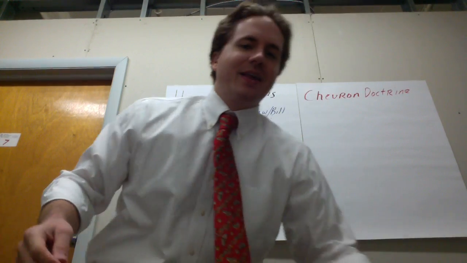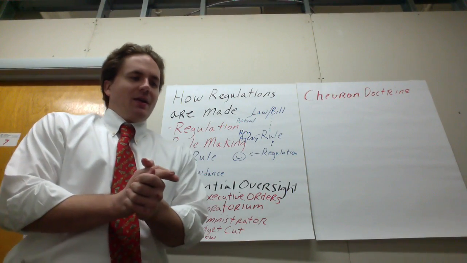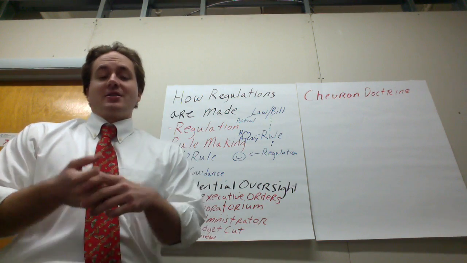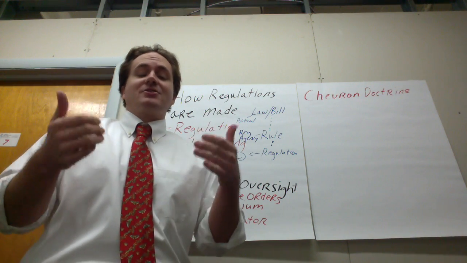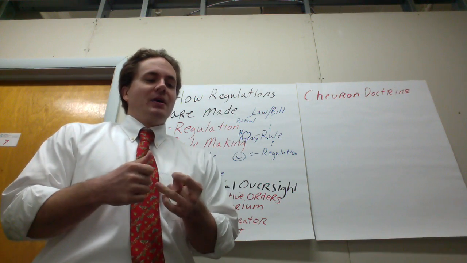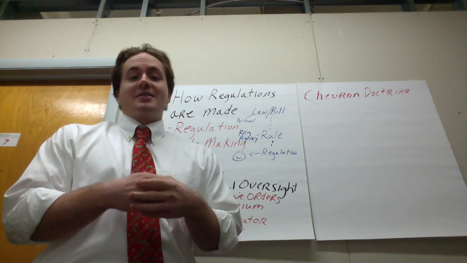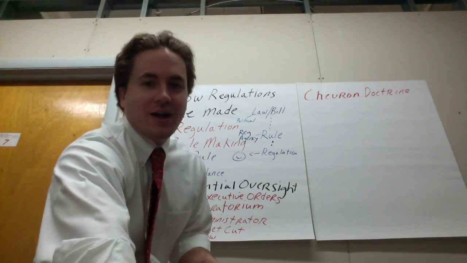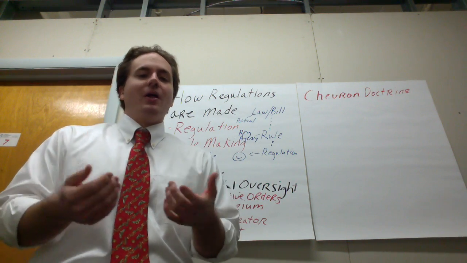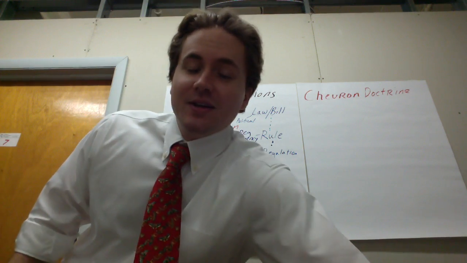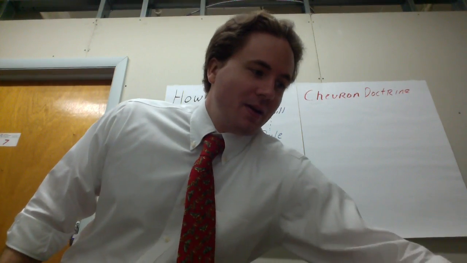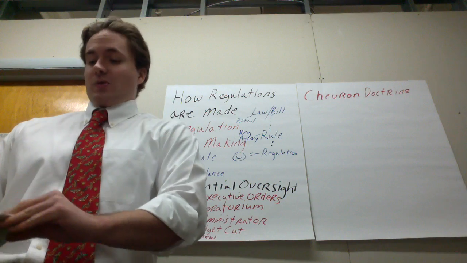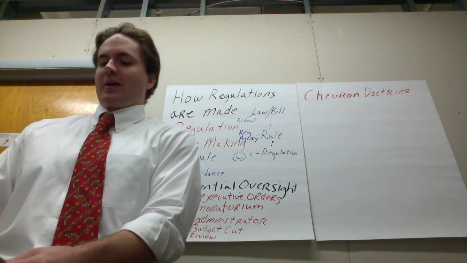Now, of course, regulation is very costly. And there's two different ways of looking at regulatory cost. There's, of course, the total dollar cost. Now, how much does it actually cost to pass and draft legislation? And, of course, there's the actual cost of administering it. The cost of creating a federal agency, the cost of making sure that the monitors are actually checking up on people, the cost of making sure that people are actually following the laws. The cost can become quite exorbitant. Now, the largest of all the regulatory agencies is, of course, the EPA. We'll talk about that a little bit later.